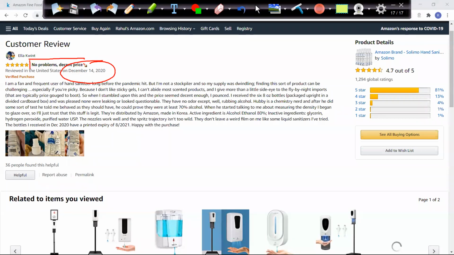Then this is the summary: no problems, decent price. That is my summary data. And then I have this text. If I think logically, these two columns are the most important columns in our data set, because they help me understand what the product is all about, whether the rating is positive, and whether the product is liked by people or not. We have to use this data to come up with the insights and the model.